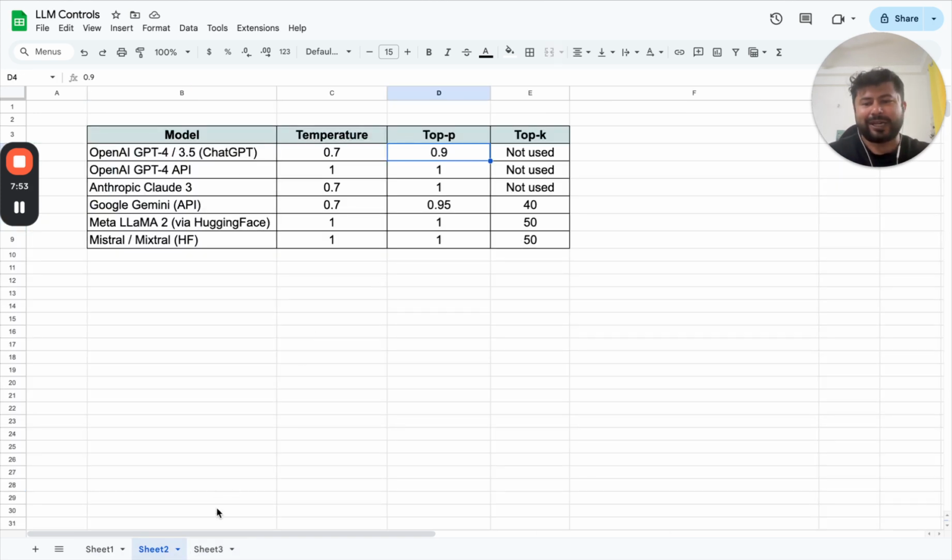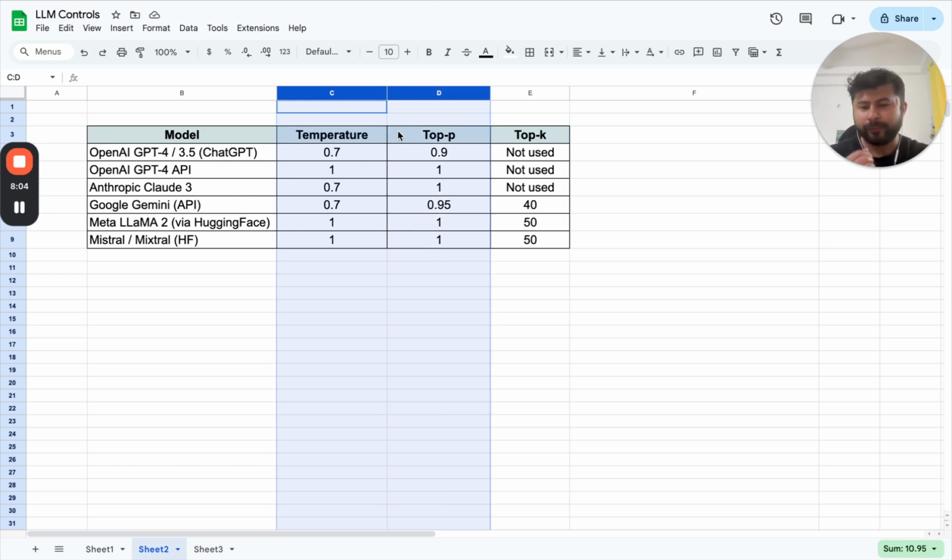Now that you understand this, how can you play with those settings? Given that top K is not used by most LLMs, most of the time people just play around with these 2 settings. How do you decide which setting to use? One, you always have to experiment. There is no clear-cut answer on which setting works best, but the general rule of thumb is: the higher the temperature, the more the creativity, the lower the temperature, the lower the creativity, and the same for top P. The higher the top P, the more creativity; the lower the value of top P, the lesser the creativity.